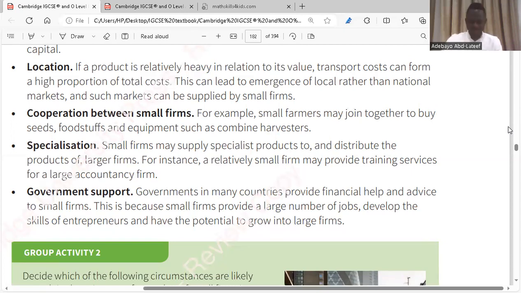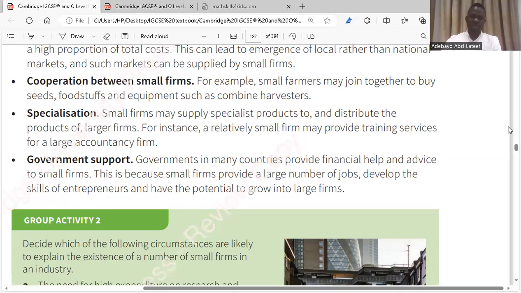Is it clear? The next one, specialization. When we talk about specialization, it means concentration of individuals, concentration of firms in one aspect of production. A firm can concentrate on producing water. That's the only thing it produces. So it doesn't need to be so big because this is only what it produces. Because the firm concentrates on one aspect of production, it doesn't need to have big premises for that, or it doesn't need to expand. Yes, do you understand?